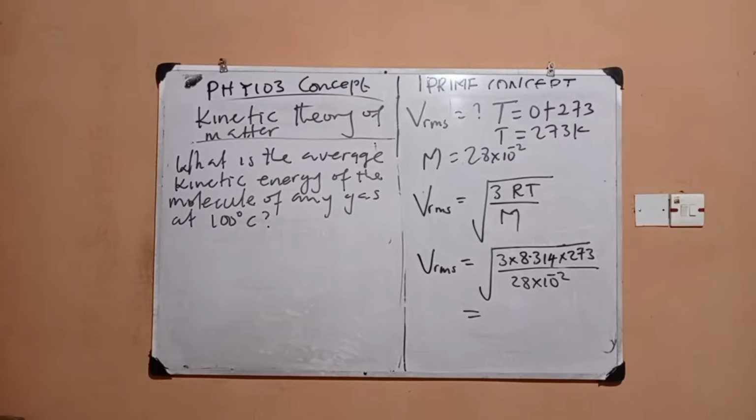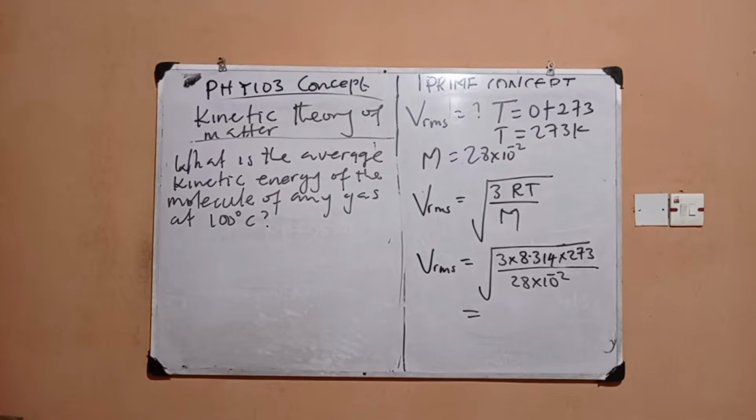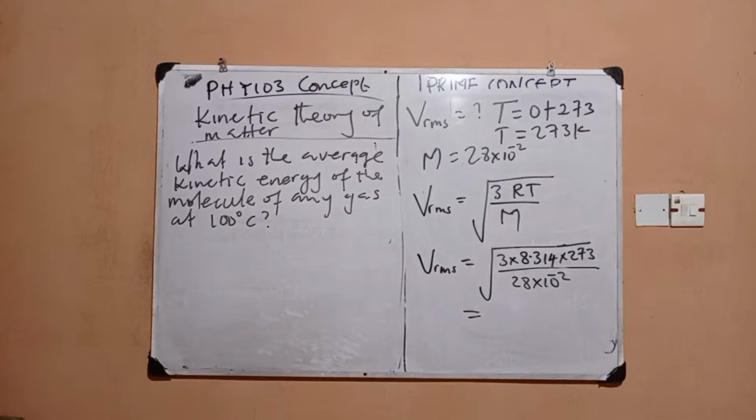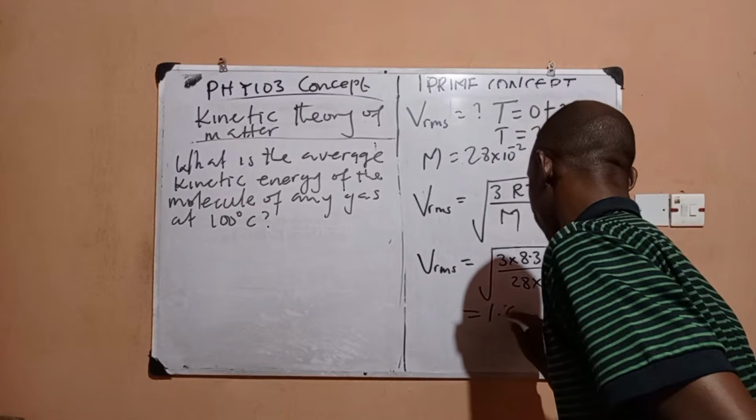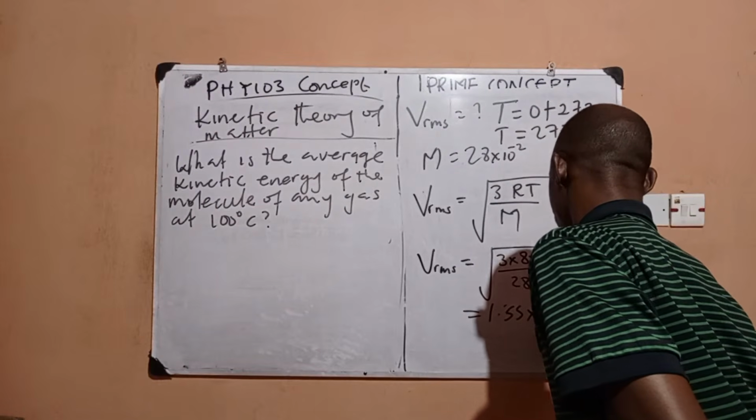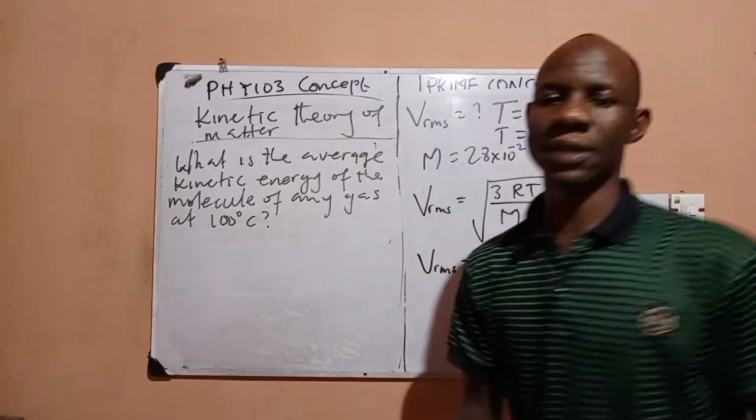Temperature was not needed in that first question because they gave us pressure and density, and the formula that involves those does not need temperature. If you have to use temperature, then this is the formula you will need, root 3RT over molar mass. But if you use this formula, you don't know the molar mass, so you just ignore the temperature. Nobody has punched this, okay? 1.55 times 10 to the power 2. Thank you. So now solve this and give me the answer quickly.